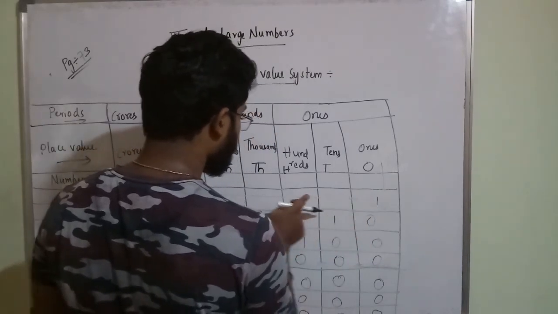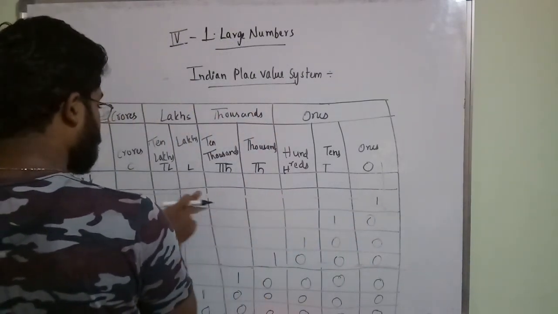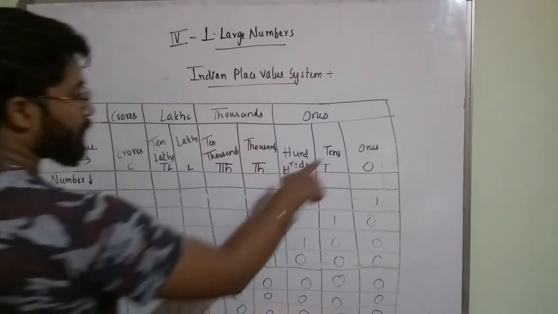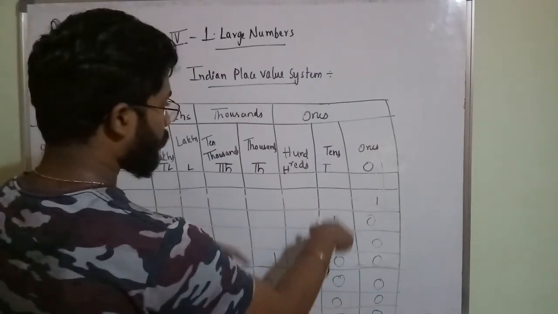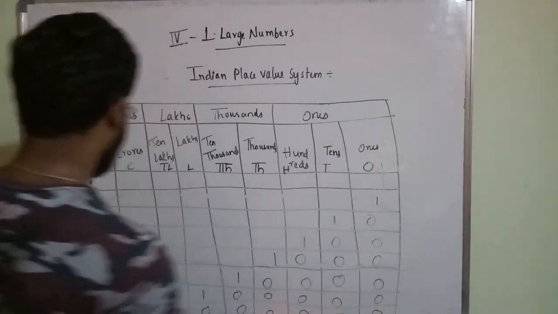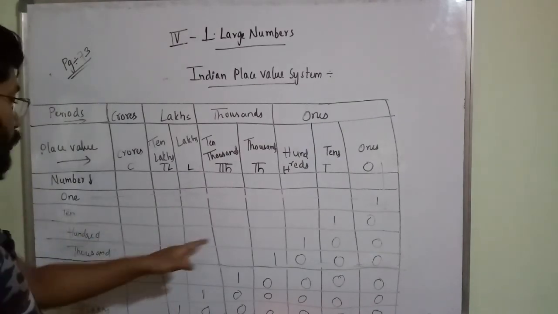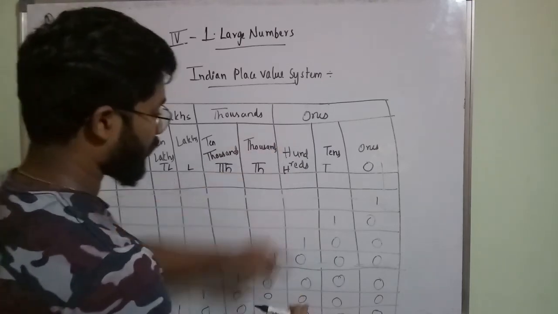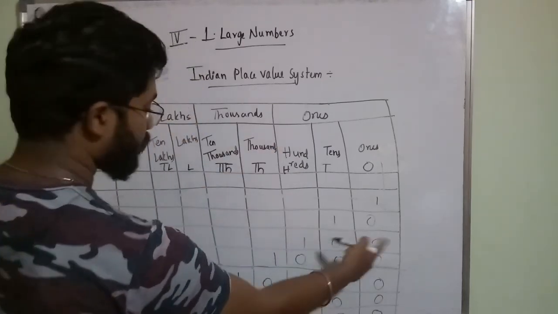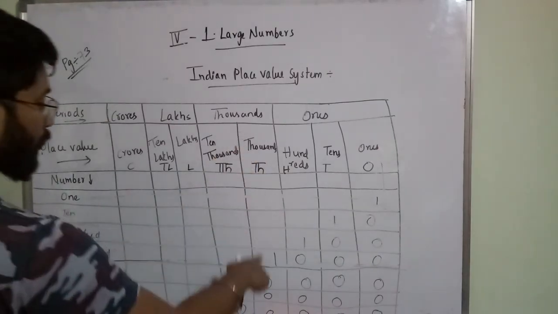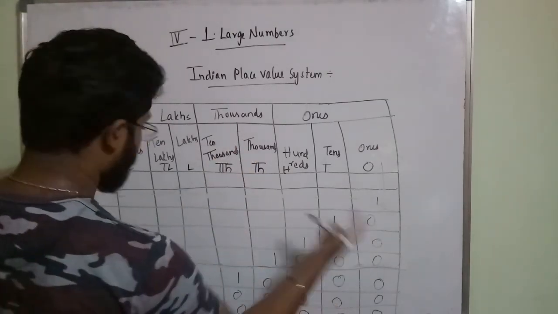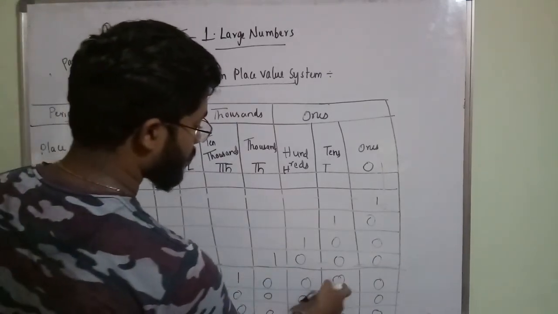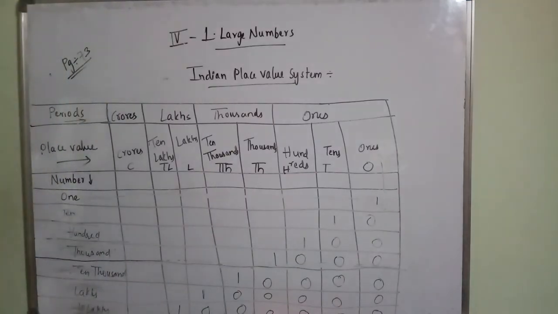Okay, so 10, where is the tens box? Here, no? So in this row you have to start from this column, tens and ones. 100, in hundreds row you have to start from hundreds column, hundreds row and hundreds column. 1 0 0. Thousands row and thousand column, from here you have to start 1 0 0 0. 10,000 row is here, column is here, 1 0 0 0 0. Where it is intersecting, from there you have to start.